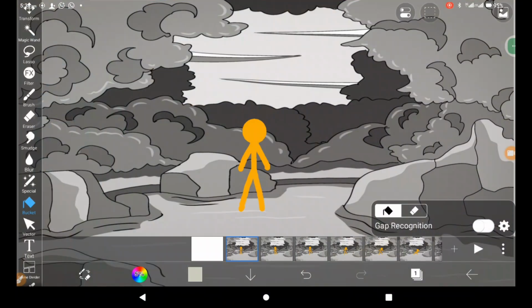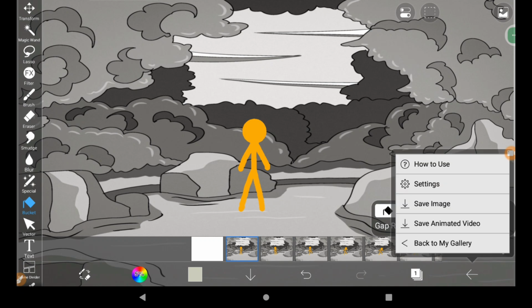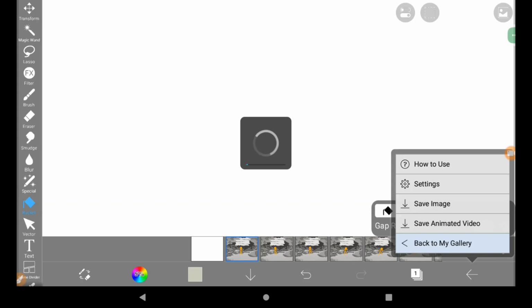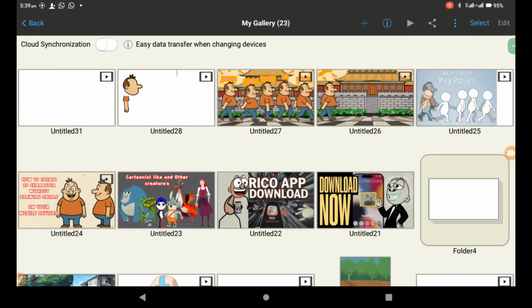Open up ibispaint. Okay, so let me close. Let me just go back to the gallery so that you can all understand what I'm trying to say here. So I'll be skipping this part. All right, now when you open up your ibispaint, which you can download from your respective Play Store,